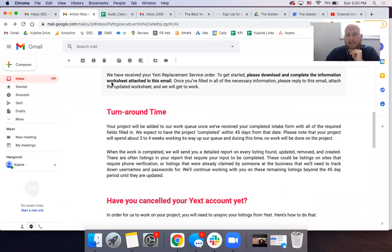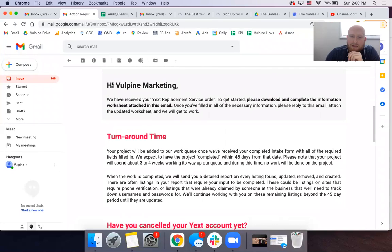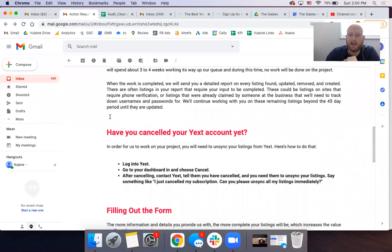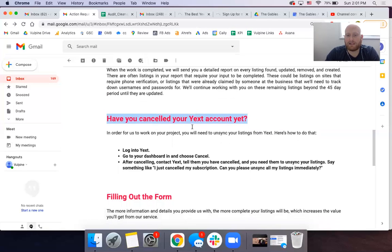This is what it looks like, at least now in February 2021. There's a lot of information here. It kind of talks about the turnaround time. If you already do have a Yext account, then this is kind of the steps that they recommend that you do. We don't necessarily have that for a lot of our clients, so that's not generally valuable information,